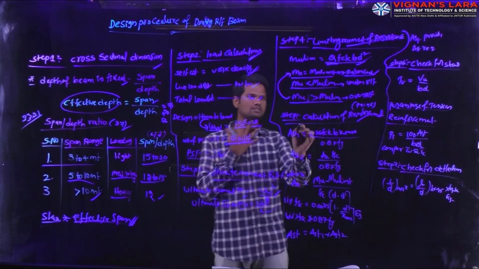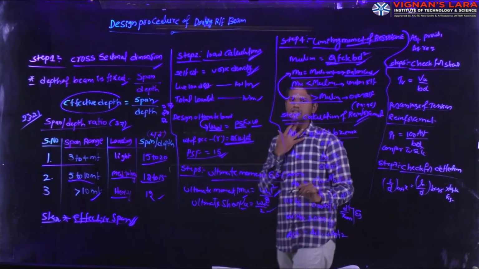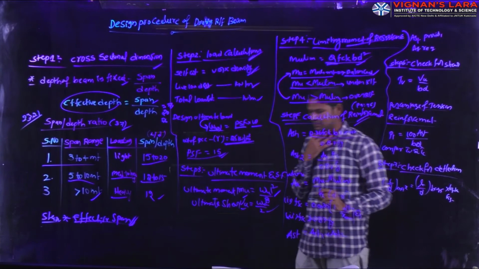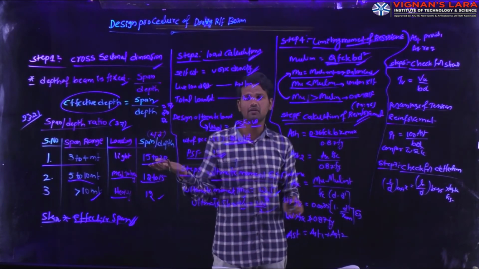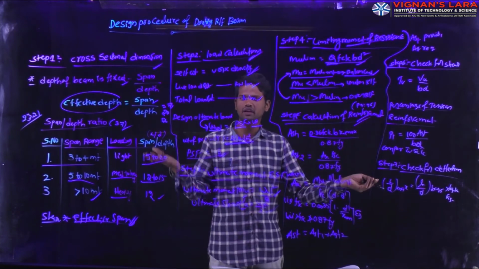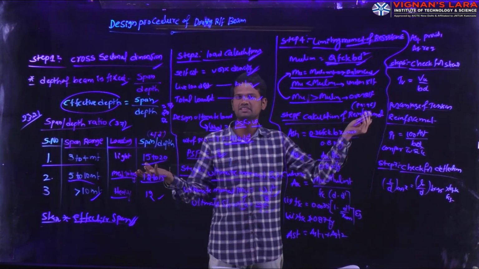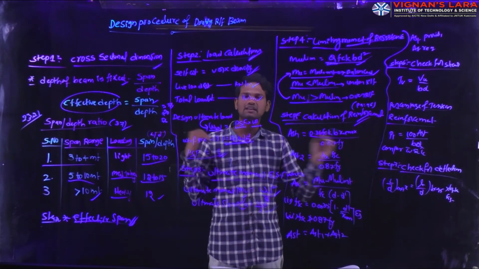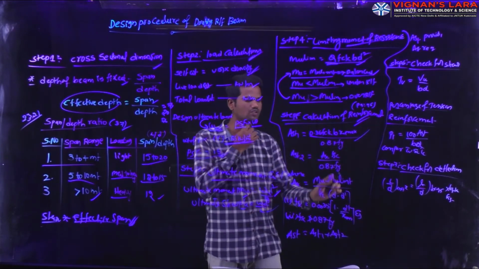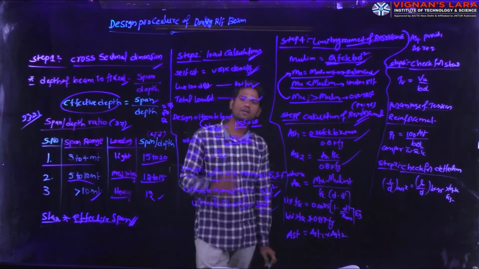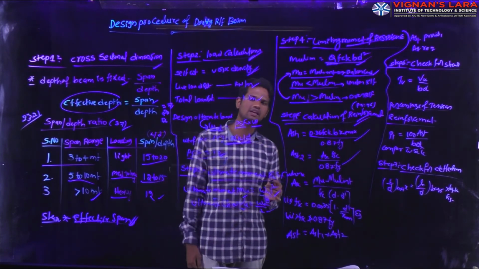Here this is step number 5. In this step number 5 we are having the calculation of reinforcement details. In a doubly reinforced beam section we are having the limiting moment as well as the ultimate moment. Limiting moment we can calculate for the area of steel 1. The additional moment we can calculate for the area of steel 2. If you see here, these are the formulas we have mentioned for calculation of the area of steel for limiting moment as well as for the area of steel for the additional moment.